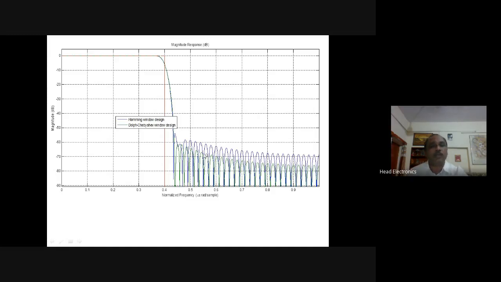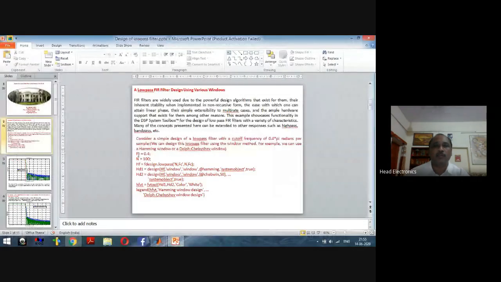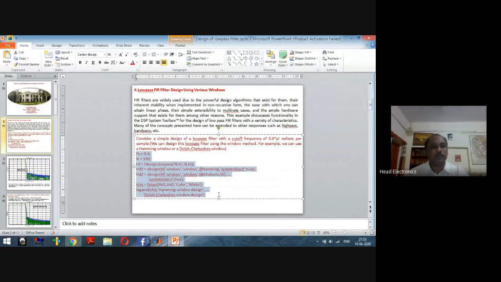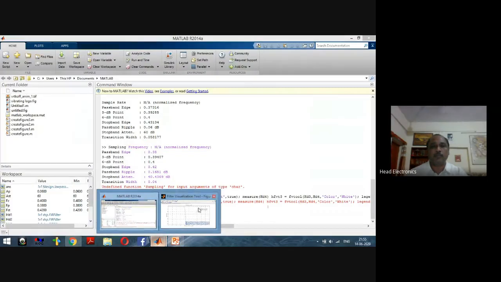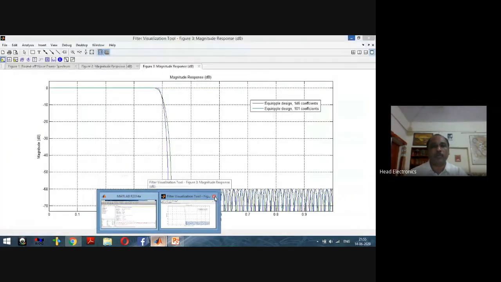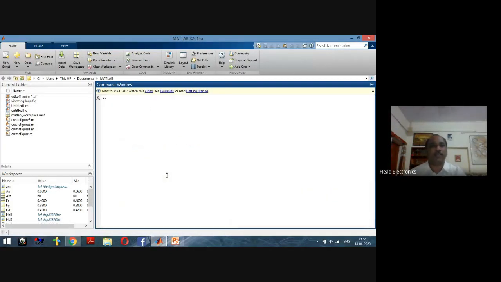Now the same can also be tested on MATLAB, that is, if we write the code in MATLAB, then how these functions will be generated. See here, this is the code, and we will write this code into the command prompt of MATLAB, and first we write CLC in order to clear the screen. Now we will write the